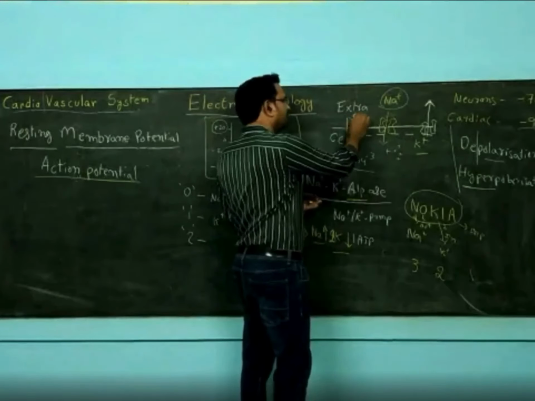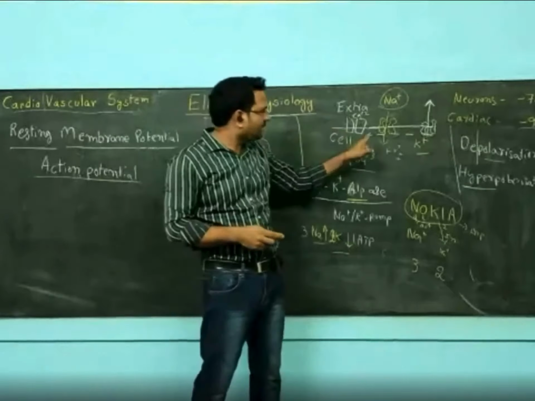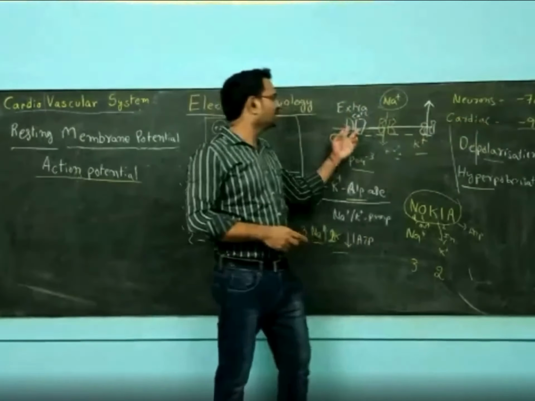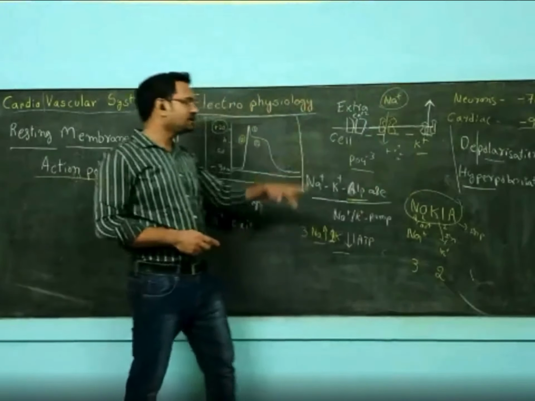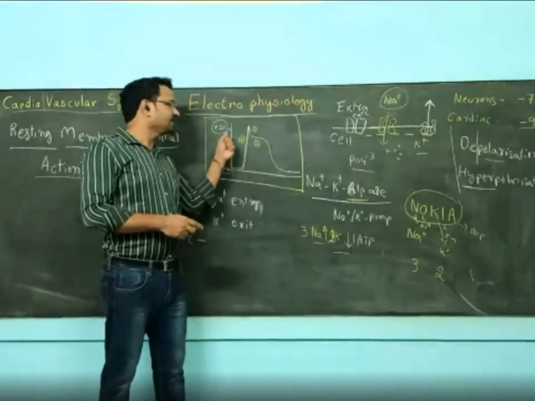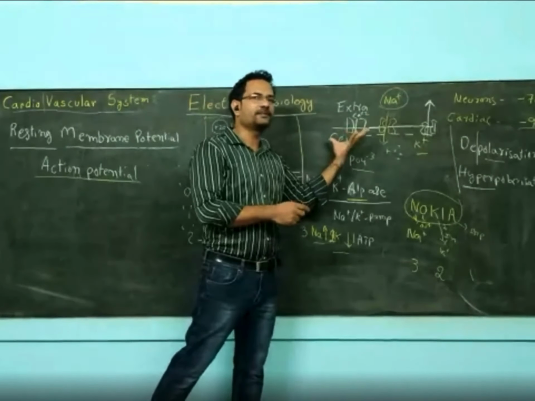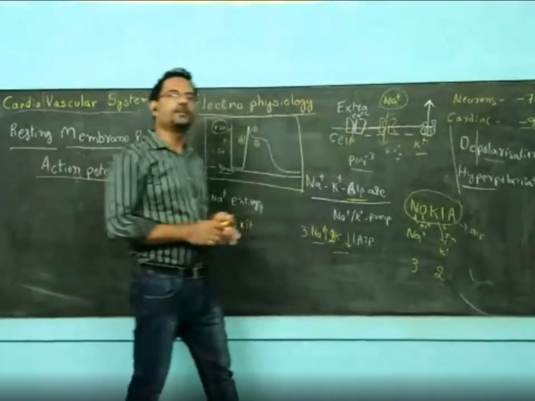You have calcium channels too. Now, this calcium channel opening is based on the change in voltage. At normal voltage, minus 90 millivolts, calcium channels are closed. But when it undergoes depolarization, instead of minus 90, if you are increasing to positive charge, that stimulates these receptors and opens the receptors. Calcium gets inside the cell during depolarization.